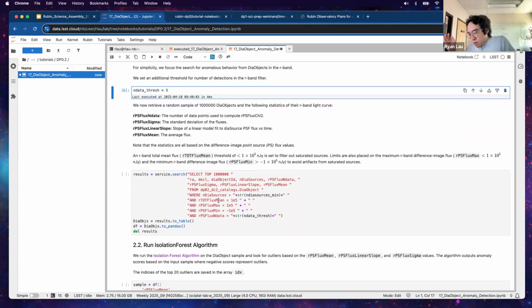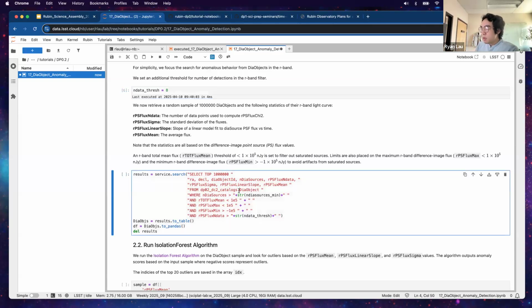I learned through just working on this that if you don't put any brightness thresholds, you're going to just get blasted out with a bunch of saturated sources because those look weird. So those are going to be the outliers. So you're going to want to set some kind of limit on this. And so we just did it at 10 to the 5 nanojanskis. So we can go